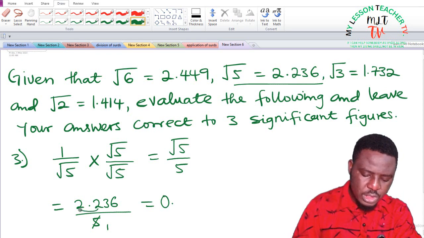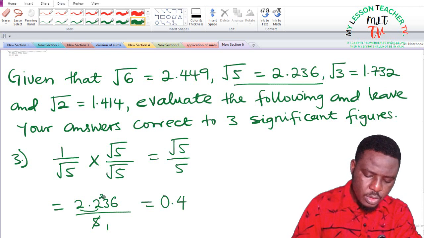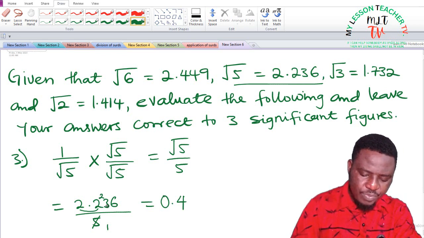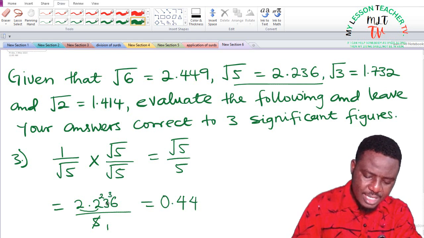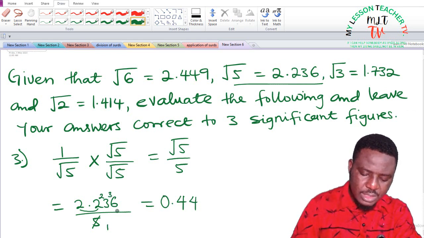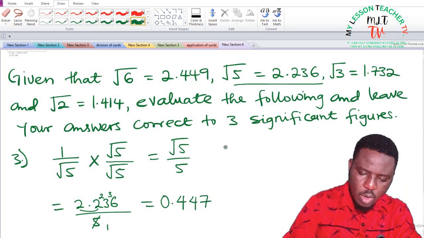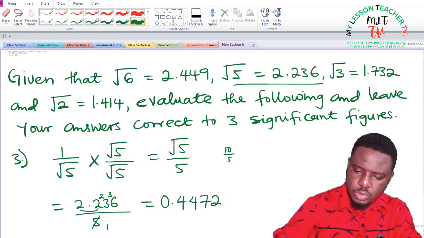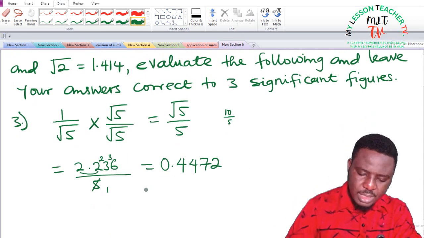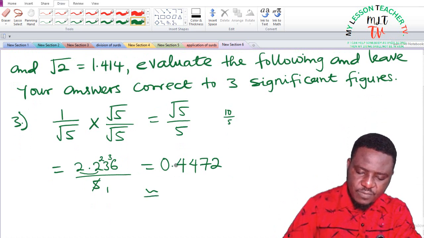5 into 22 is 4 times remainder 2. This becomes 23. 5 into 23 is 4 times remainder 3. 5 into 36 is 7 times remainder 1. Add 0 to that 1 gives you 10. Divided by 5 is said to be 2. So approximately to 3 significant figures, this is said to be